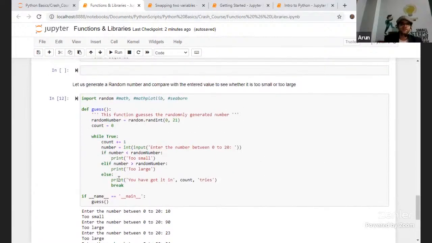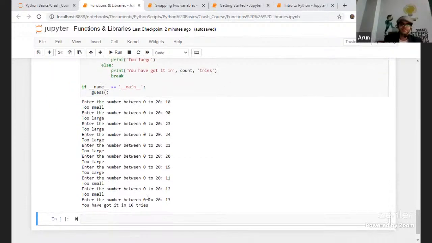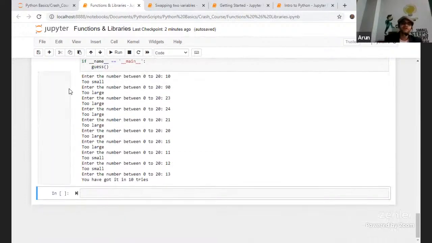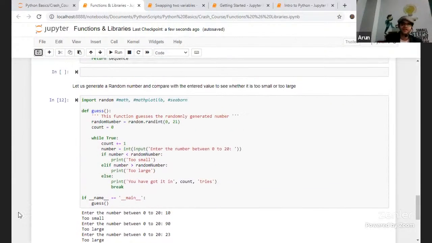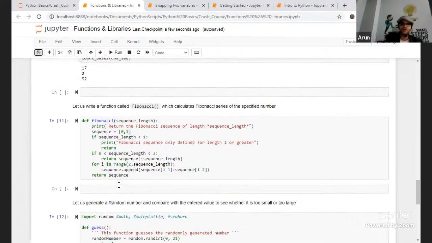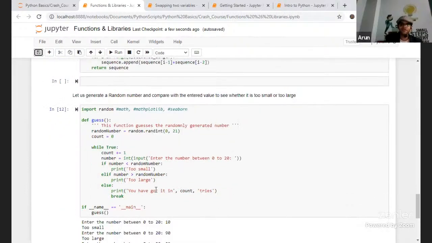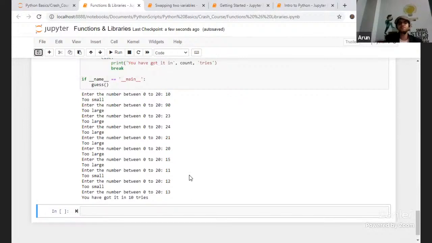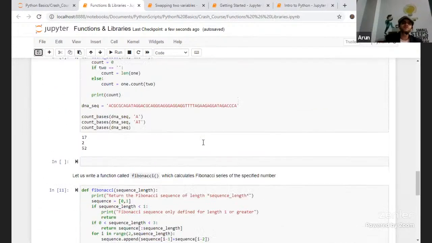There are chances that you will not get anything as well, but don't be disheartened. That is how the program is being created, because we are trying to use all types of operations over here. We are trying to randomly generate the value and then trying to use it as well. So this is all about functions and libraries.